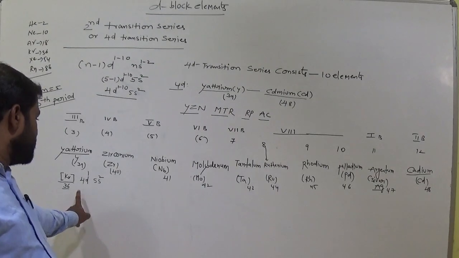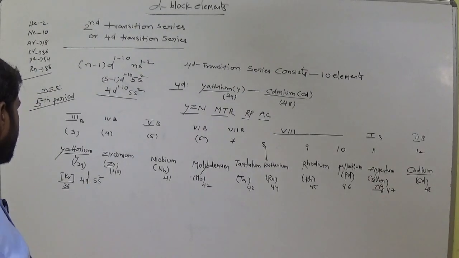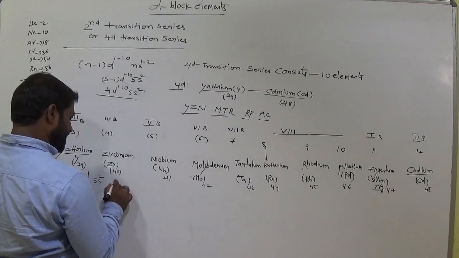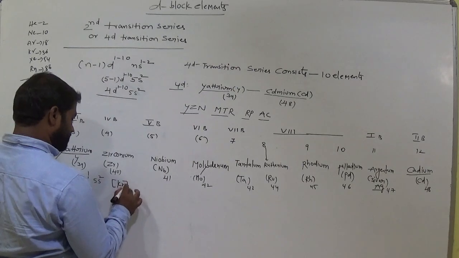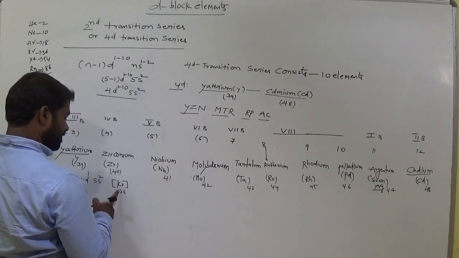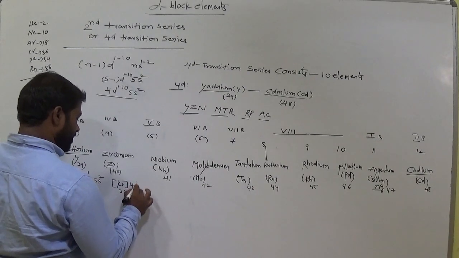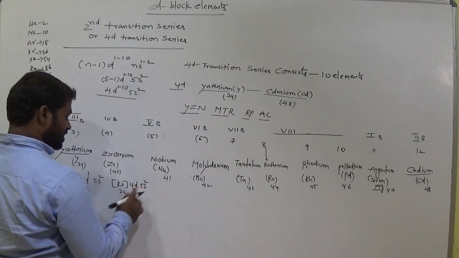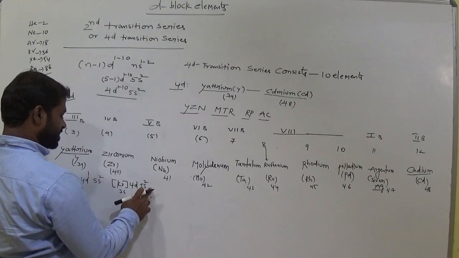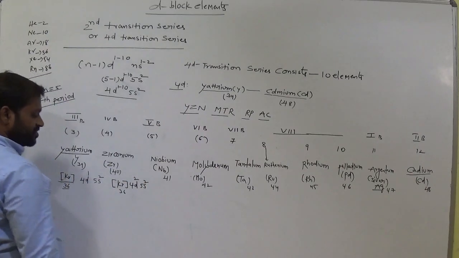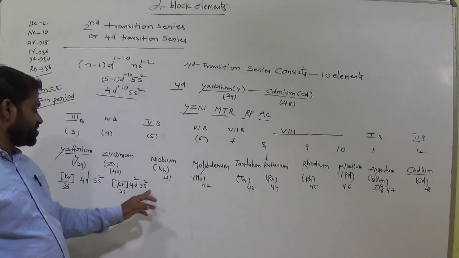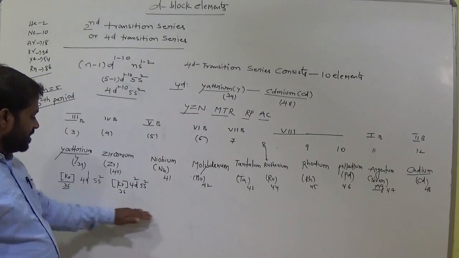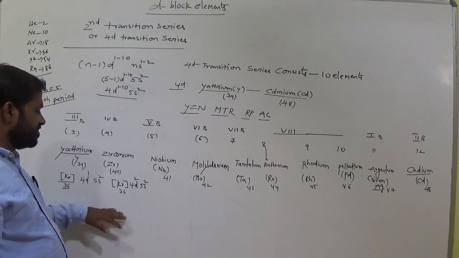So a single electron is there at d, so it is a transition element. Next come to zirconium. Zirconium is 40. So simply we can write krypton 36 up to krypton, and 5s 4d. Clear? For s, how many electrons do we have? 2. Then 36 plus 2, 38, and in d we have to write 2 electrons. 38 plus 2, 40 electrons. Clear? So this is the general method of electronic configuration.